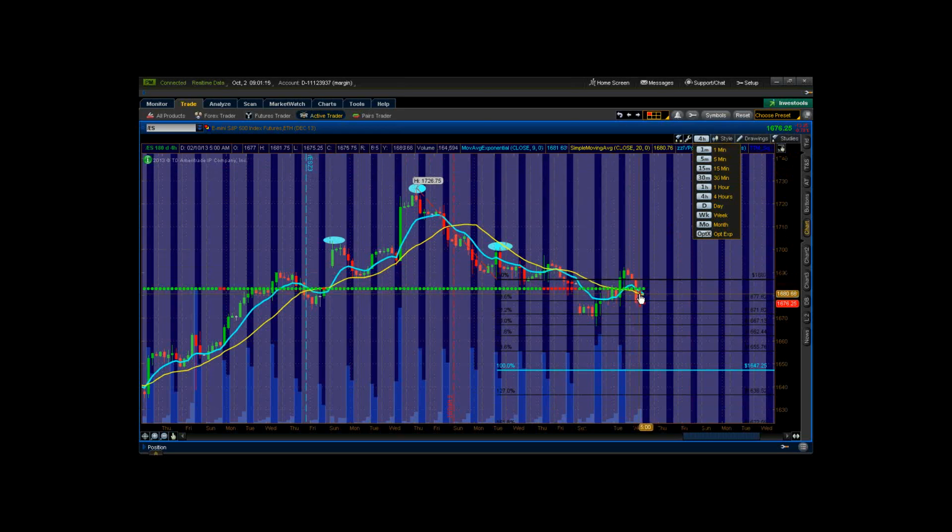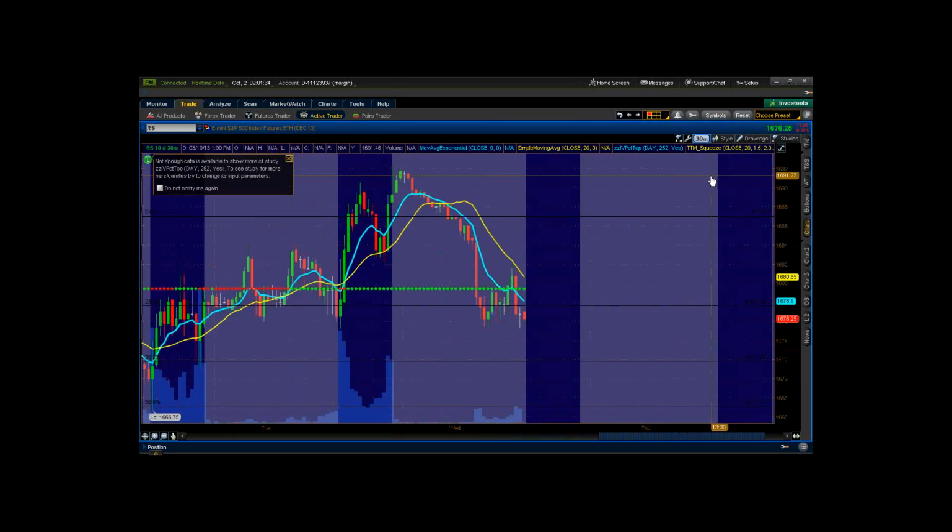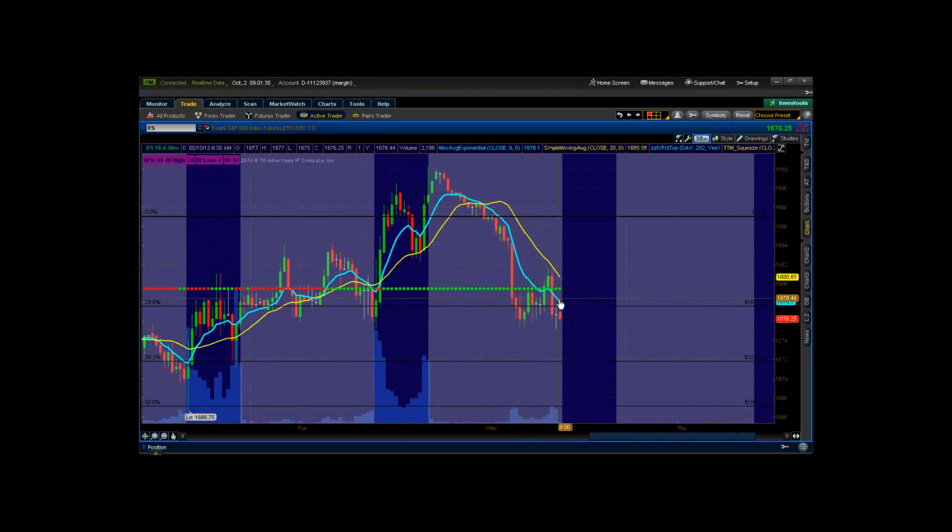You can see that we had come back up, created a bit of a tech gap right here, come back down, closed. We now have a MA hug going on in the 4-hour, but we're trading below the 9 and the 20. So the overall trend that we've been in on the 4-hour is still intact. Going down to the 30-minute, you've got slope and separation on the 9 and the 20. We created a tech gap. We closed that tech gap. We came up and closed it on the 20, and then we rejected it, and we're trading below it. The trend is down on the 30-minute as well.